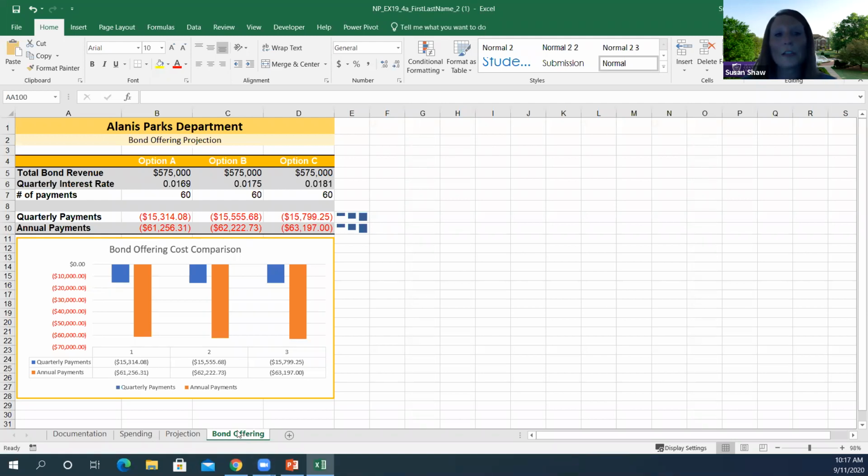We're going over to the other sheet, to the bond offering sheet, to look at data labels here. So what data labels are